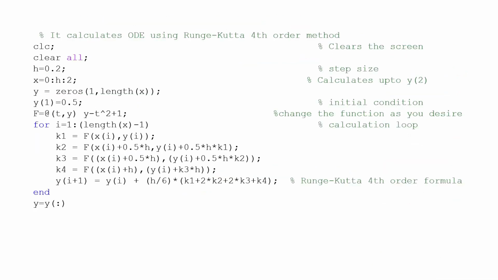Now this is the Runge-Kutta fourth order method. Here we have also put h equal to this, and we have created an x vector from 0 to 2 with the distance 0.5. Again, y is a row vector with row 1, and the number of columns will depend upon the length of x. This is my initial condition. Now I have written 1 because MATLAB doesn't take 0 as an index. Then this is my function, and I have put over here the Runge-Kutta fourth order method formula, and finally I'll print out the values.